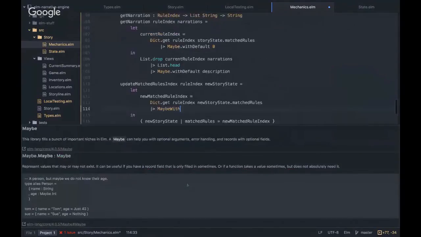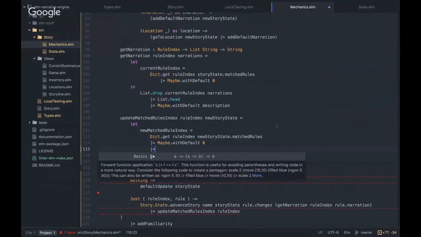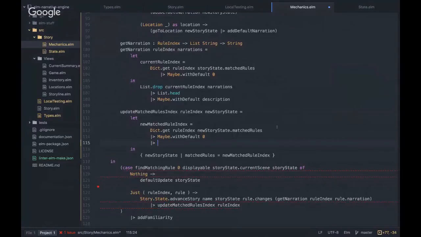Maybe with default. Oh, this is annoying. The thing keeps popping all over. The default is going to be 0 because if it's not there yet, we just want to set it to 0. If it is there, then we do,